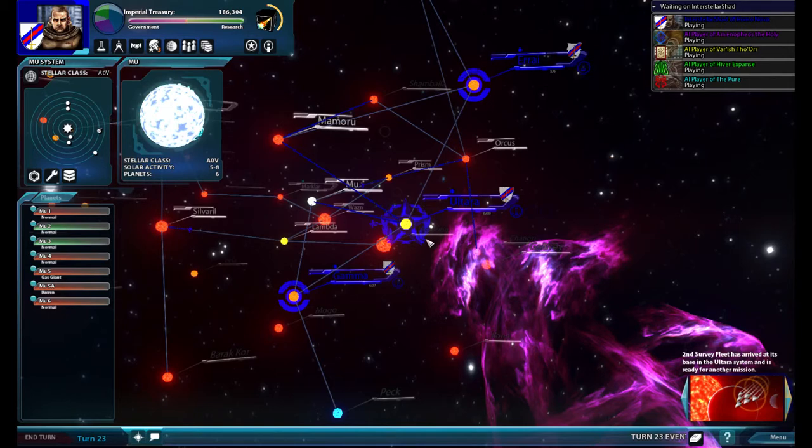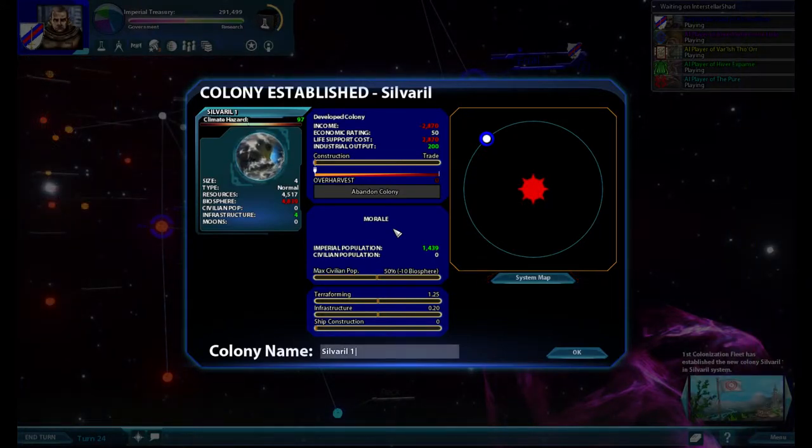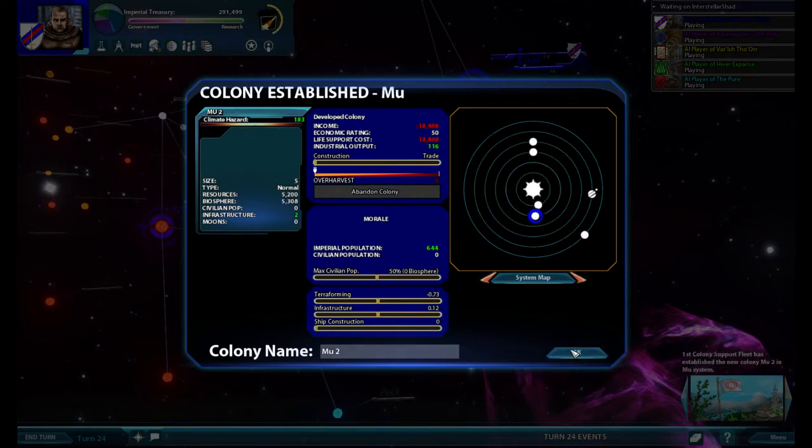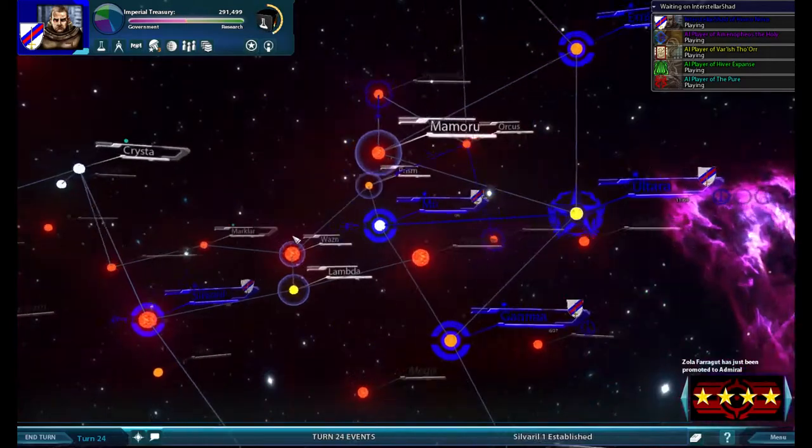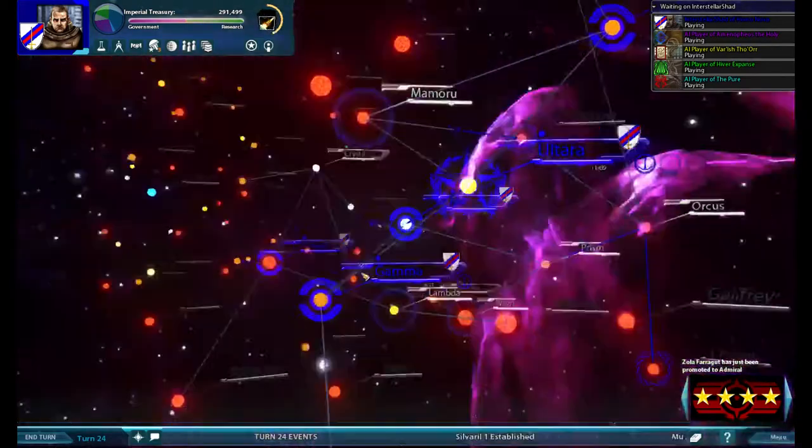You're going to see why I haven't made my strike fleet yet. And that shortly. Silveril colony established. Alright, I'm not going to rename it anything special. New colony established. I'm also not going to name this one anything special. I think just calling it Mewtwo is fine. Oh, hey, Pokemon. Anyways,